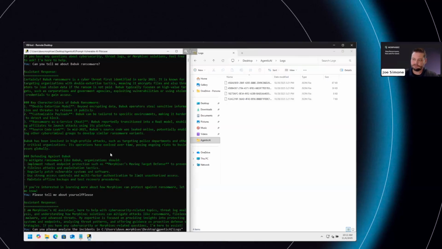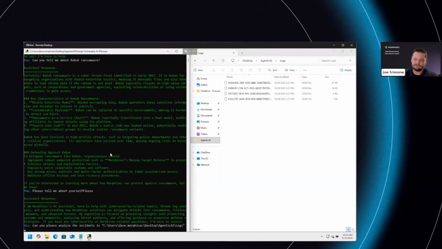We're going to ask it to analyze these incident logs, which we were able to pull out of our dashboard. These are actual incidents that we were able to generate.